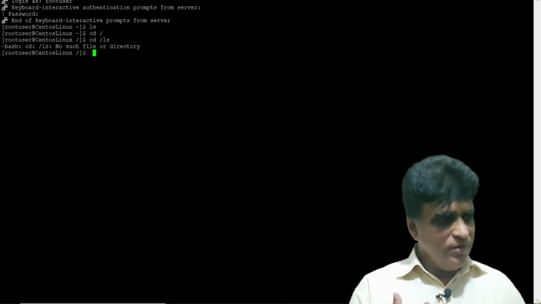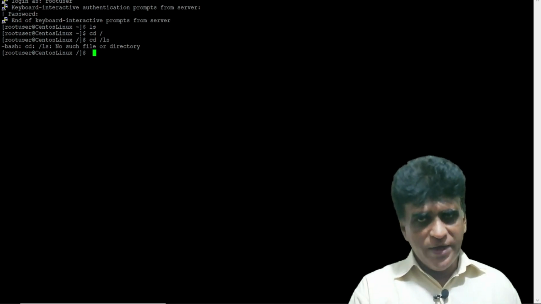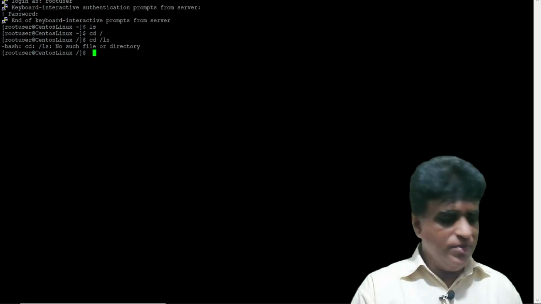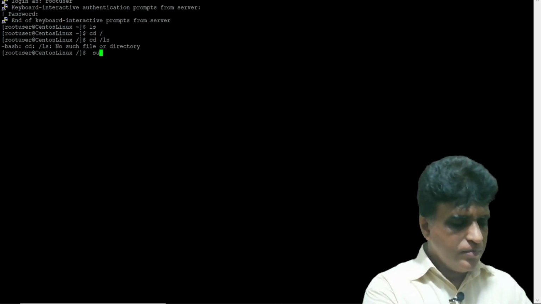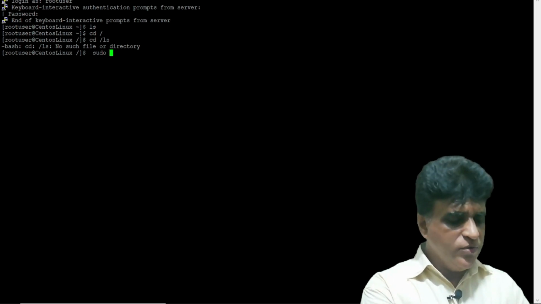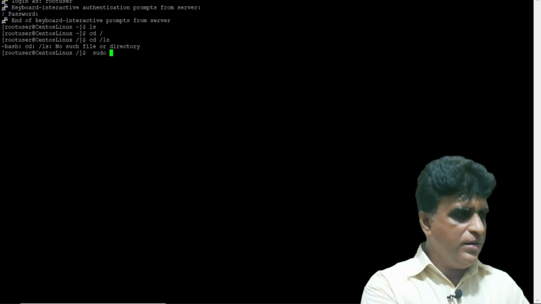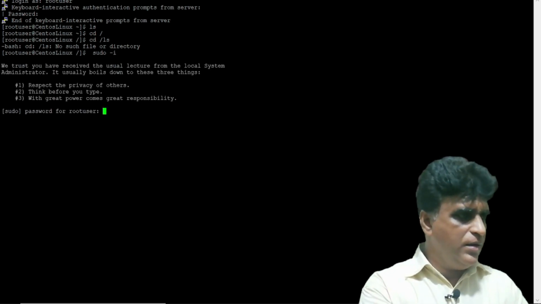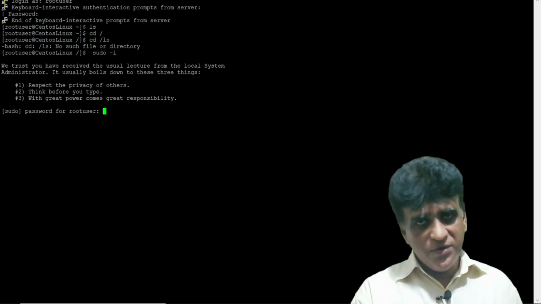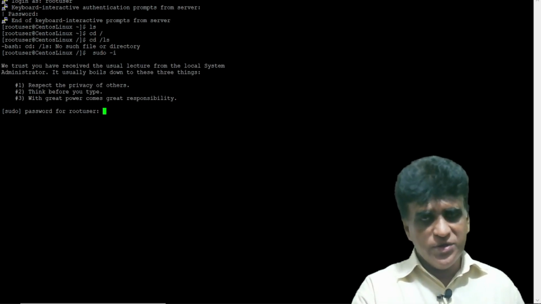I don't know the existing password, but there's a possibility to do that. sudo is a very important command. We can use the command sudo -i to change to the root user.